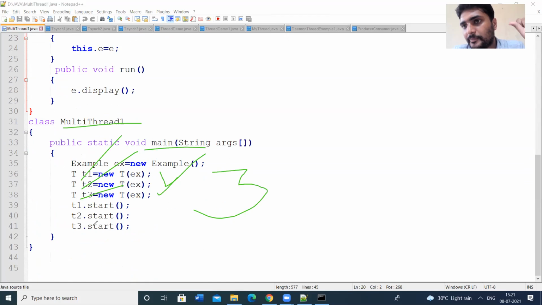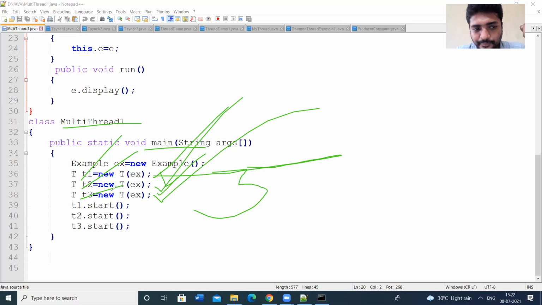So the logic is the same. This thread will execute some instructions. This thread will execute some instructions. This thread will execute some instructions. So what will this thread execute? Whenever you call t1.start, then it automatically goes to the run method.